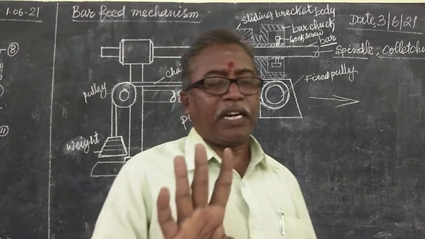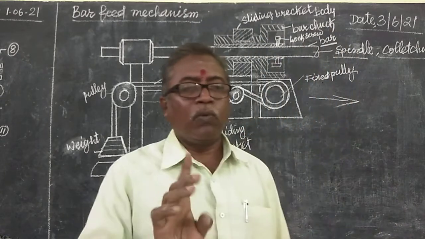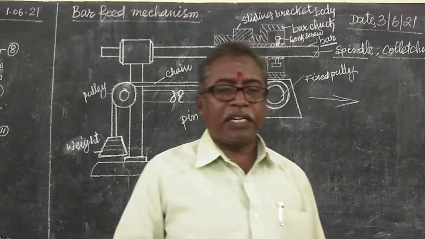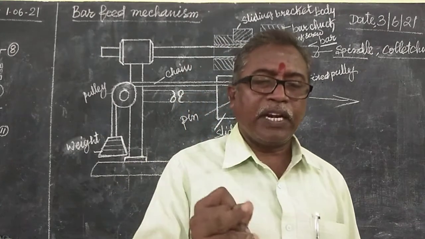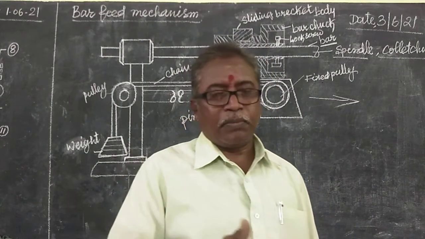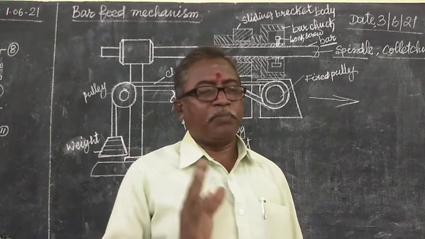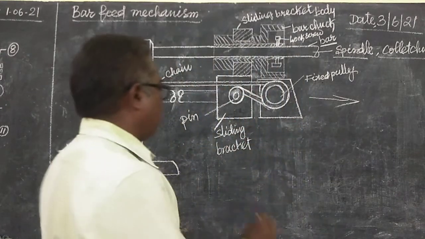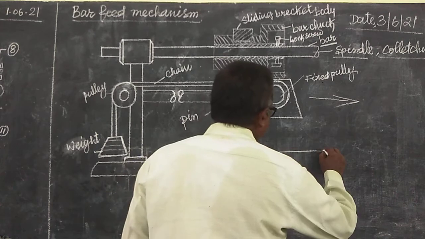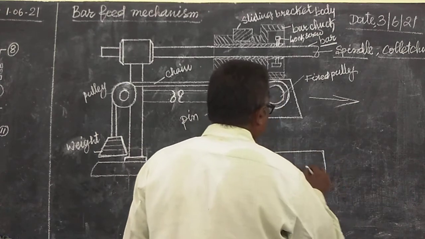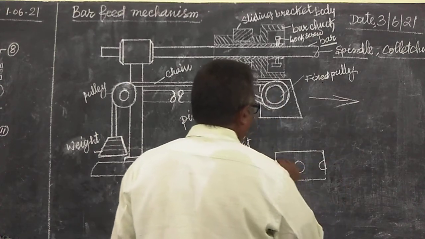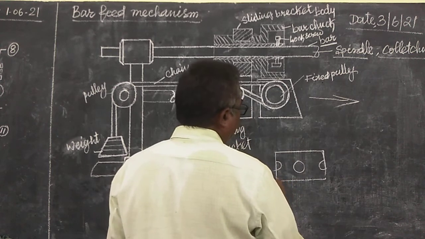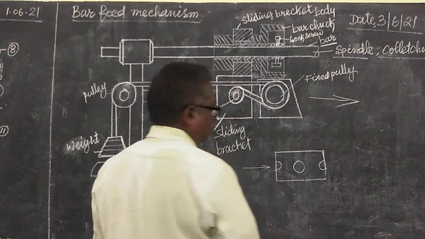In the turret head, there are three types. One is the vertical turret head, second is the horizontal turret head, and third is the angular, that means inclined, turret head. Keep that in mind. Inclined turret head means, for example, the turret head is like this. The holes are provided here and here one hole, that is 3 holes. So if this turret head is straight now, this is.